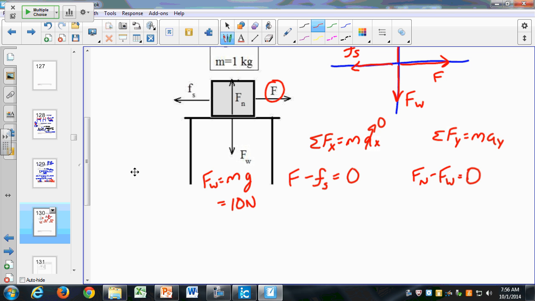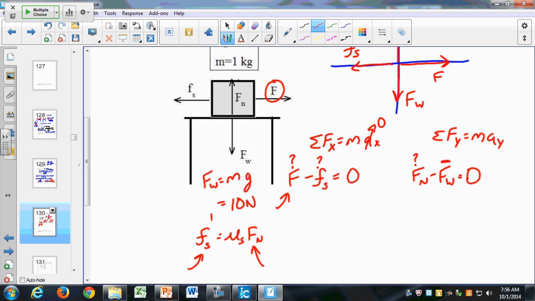So now I look and see what it is that I want to know and what it is that I know. I want to know Fs, and I don't know what the normal force is. I also don't know F, and I don't know Fn, but I do know the force weight. I also know that the static frictional force is equal to mu s times my normal force. So if I can find my normal force, I can find my static frictional force,